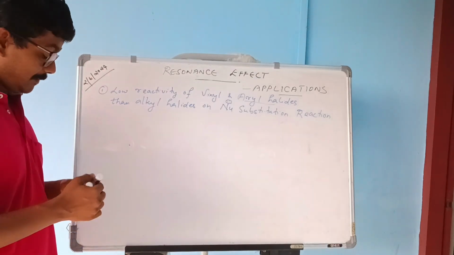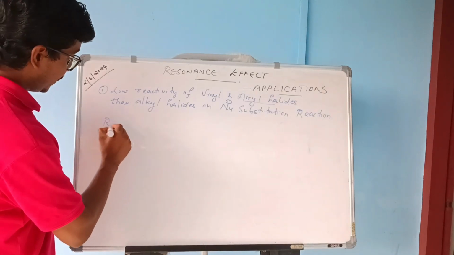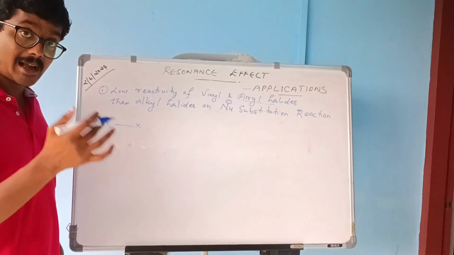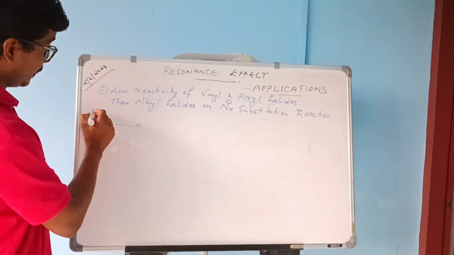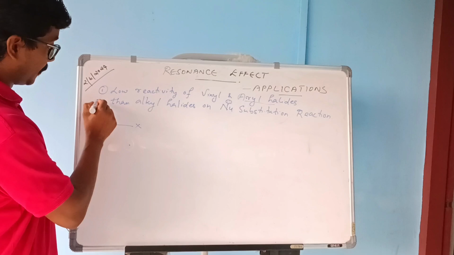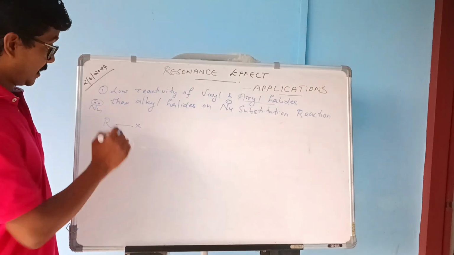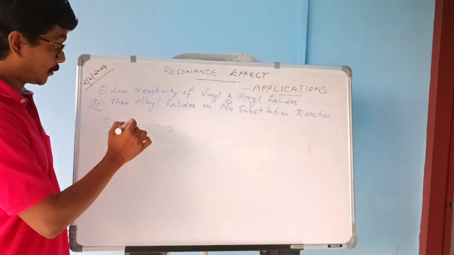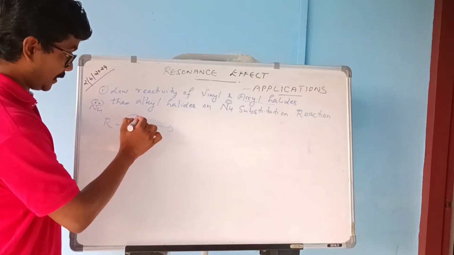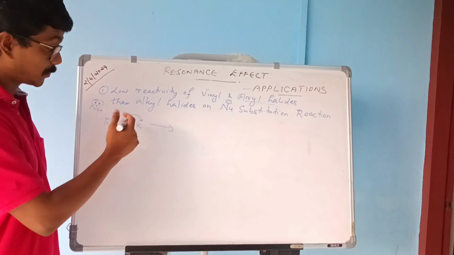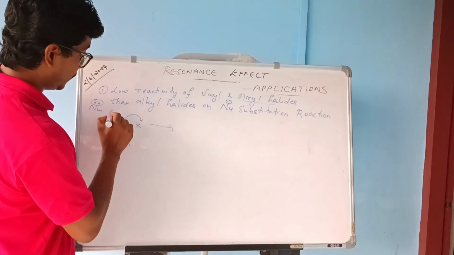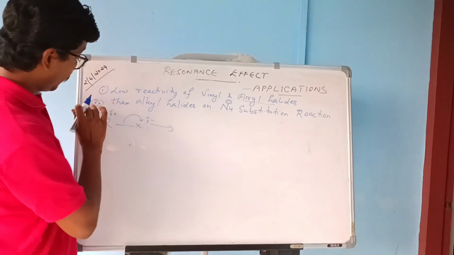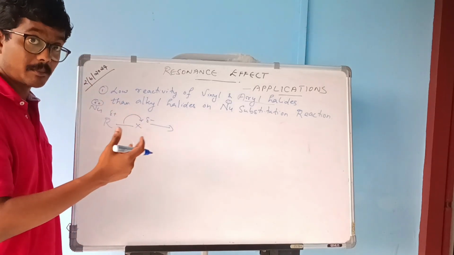So consider this example. This is an alkyl halide. X is the halide group. R is an alkyl, aliphatic alkyl group. A nucleophile has a lone pair of electrons and a negative charge. When a nucleophile attacks this group, the more electronegative halide group will pull the electron from the shared pair of electrons towards itself. As a result of that, a partial positive charge on the alkyl group and a partial negative charge on the halide. And when the nucleophile attacks there,